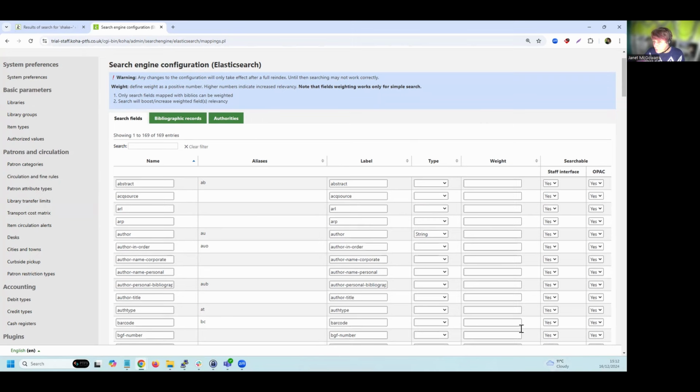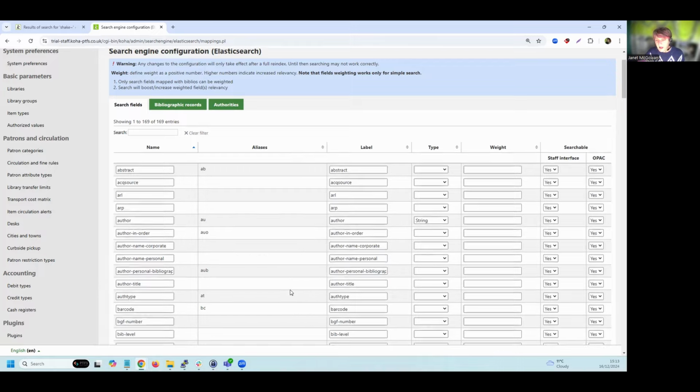If you've got no weights in this column, all fields are going to be considered equally in terms of search. But if you choose to increase a weight for different fields, it gives more importance to those fields. So it will push a field which has a weighted index higher than a field without a weighted value